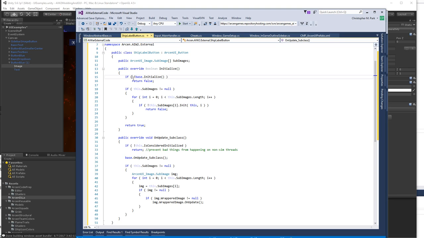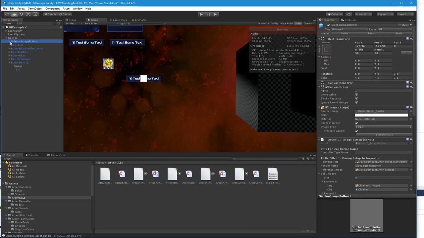And then it has an additional sub images array which can be filled in, and then it iterates over those. Now the sub images works. This code is identical to that on Arkin image button, which is basically used for Arkin UI image button,